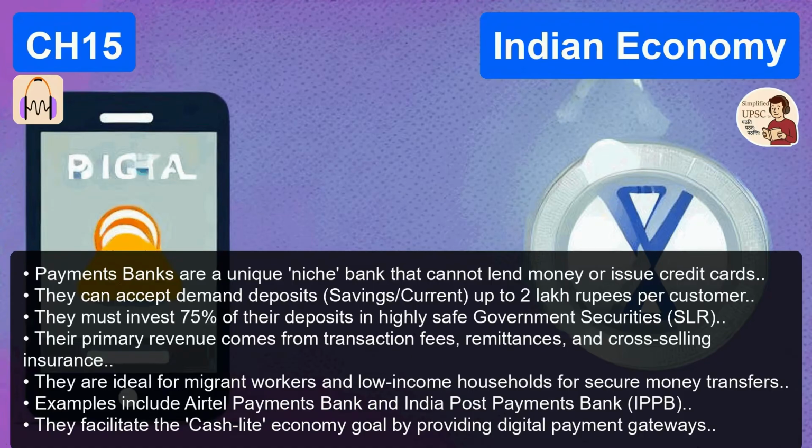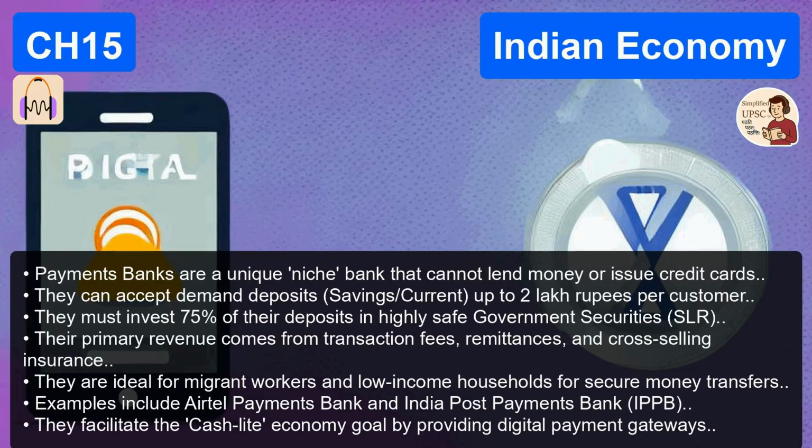Zero leakage. But even with Jan Dhan accounts everywhere, the RBI realized that traditional big banks, the elephants of the sector like SBI or HDFC, aren't always good at dancing. They aren't great at reaching the extreme last mile or catering to micro needs. So, based on the recommendations of the Nachiket Mor Committee, the RBI introduced differentiated banks, niche banking.